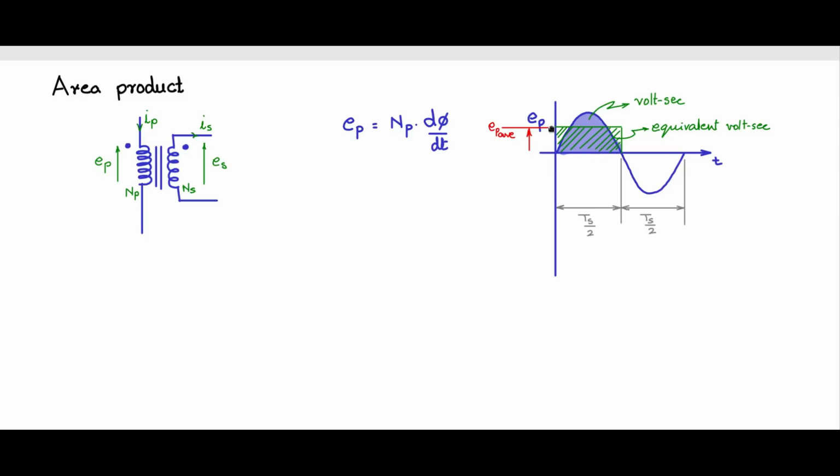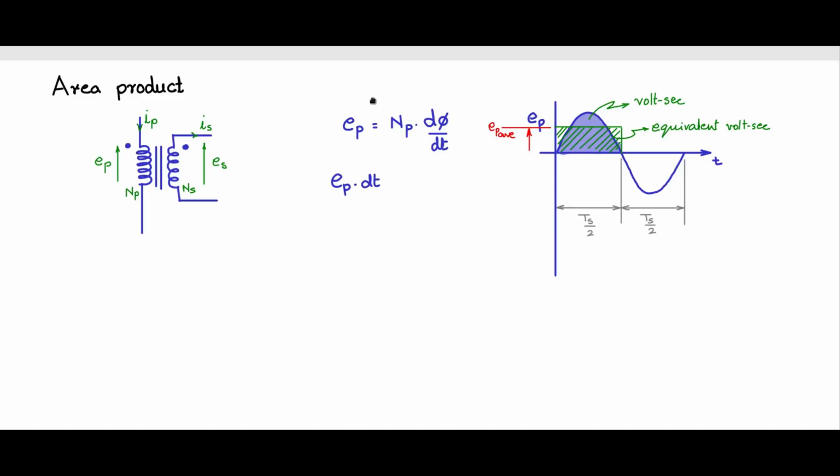And this average, remember, is not the average of the entire cycle. The average of the entire cycle is 0, because that is very important. The average of the entire cycle in the steady state across any coil will always be 0, because volt second balance will be there. You are taking the average for half the cycle. This is a half cycle average. Keep that in mind. Okay, now let us see how we are going to get that.